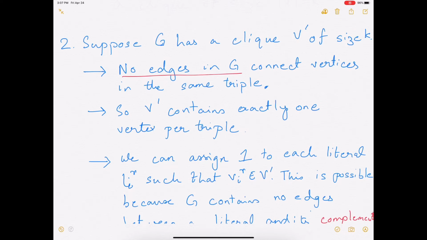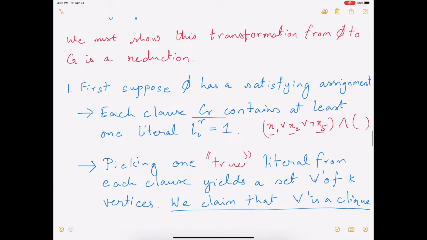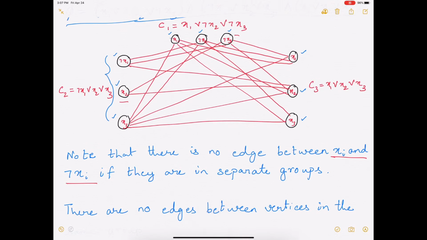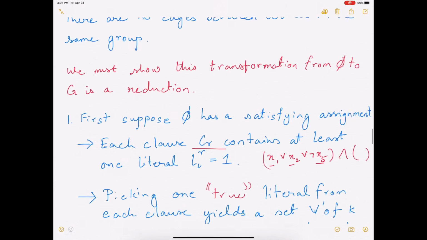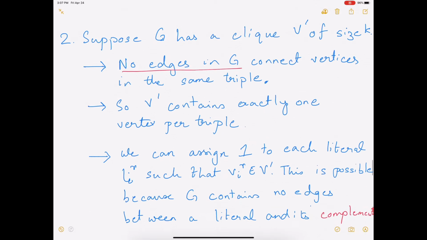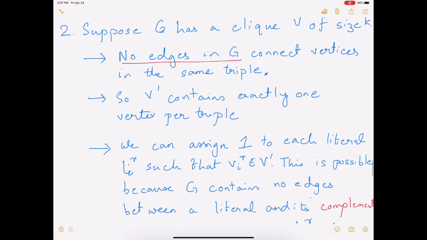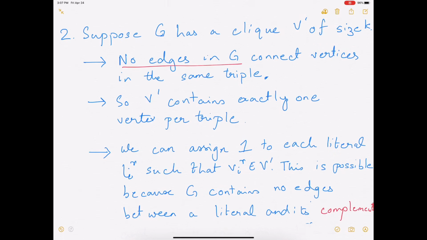Okay, these groups, the triple means these groups. You can only pick one vertex from each group. So we are going to pick k vertices, and k of them are going to be in different groups. Now, we know that V prime has a clique of size k, and we are trying to prove that phi is